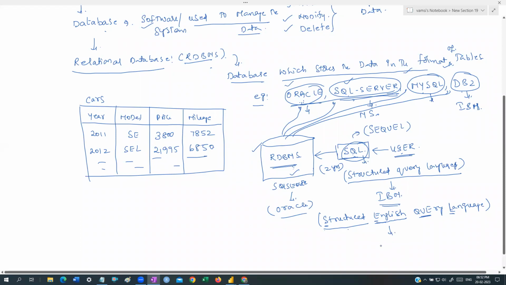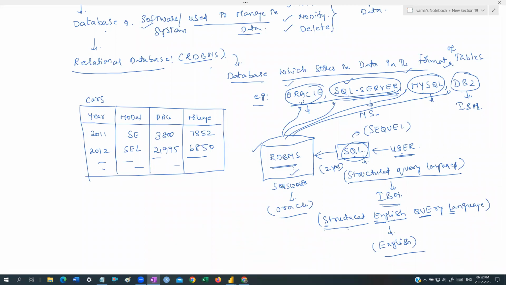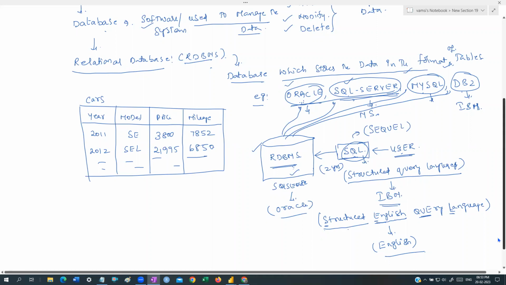What are the basic requirements of SQL, guys? To learn SQL, only English is sufficient. You don't require knowledge of any other programming language. If you have a little idea of C programming, like the meaning of a function, that helps, otherwise it is not required at all. So the only prerequisite to learn SQL is the English language.